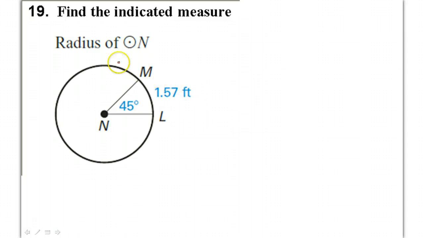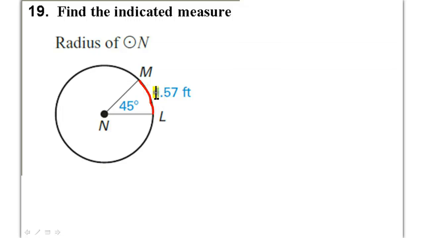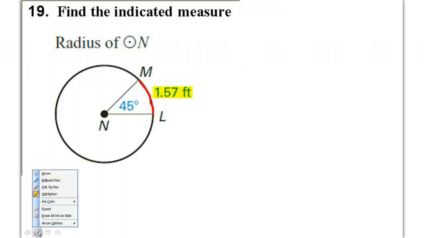Okay, so number 19. We are supposed to find the radius of the circle. We're not given the radius. That means we're not going to be able to calculate the circumference off to the side the way we often do. But instead of being given the radius, we're given a different length. We are given the arc length. The arc length is 1.57 feet. So we really have to focus on that. Because we are given that arc length,